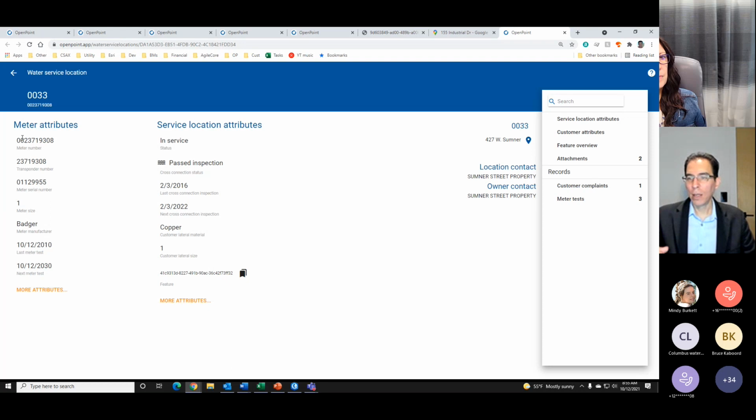So if I want to edit something, maybe I did the inspection, so I update the last inspection date, which will then trigger the next inspection automatically. There's just a couple quick clicks and you're in there and able to do that. So that's all that I had for